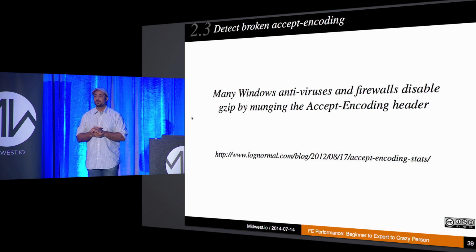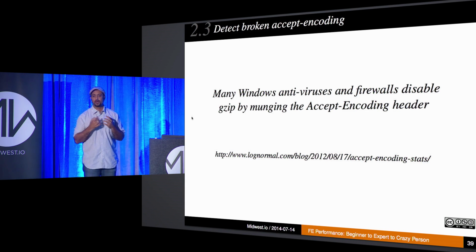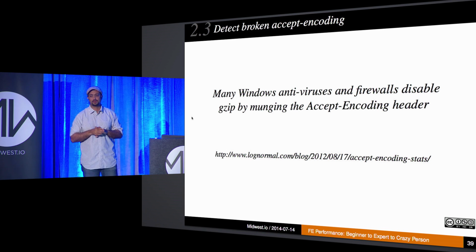Detect broken accept encoding. So it turns out that many Windows antiviruses disable gzip encoding for requests. So they'll look at the accept encoding header and they'll munge it. They'll change it to something like "accept encoding" with altered characters. They'll change the C to a D, or there's a whole bunch of things. I've documented them on that blog post. There's a whole bunch of creative ways they've munged the accept encoding header to maintain the same content length, but